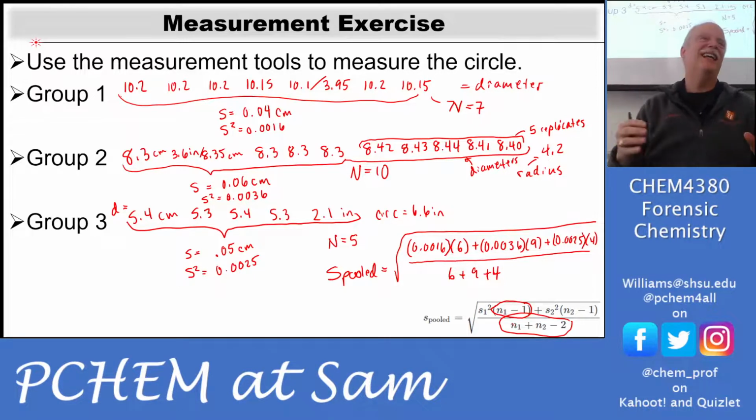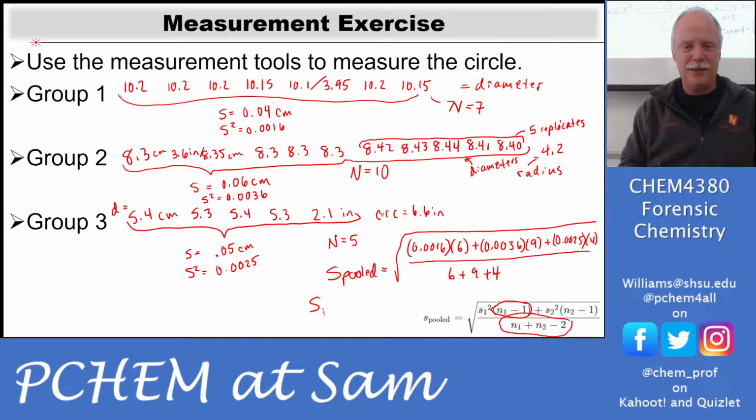That's okay. That's why we're doing this, because the equation looks weird. And it's really just the degrees of freedom are the weighted average of each degree of freedom. Yeah, no problem. And so then we do all that. So what is our S pooled for the state of Texas here? Did somebody do this already, hopefully?